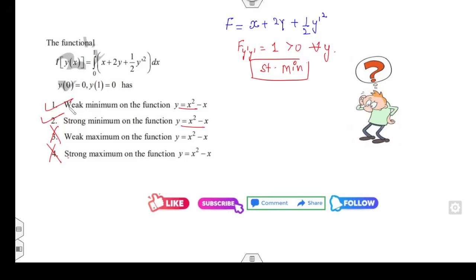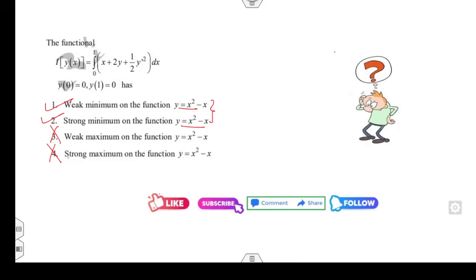अगर आप चाहते हो कि सर ये वाला एक्सट्रीमल कैसे आया निकाल के दिखाइए मेरे को, मैं फिर से निकाल देता हूं, पर that's a waste of time, but for you everything for you, आपके लिए सब कुछ कुर्बान. तो आप निकालिए partial derivative of f with respect to y, Euler equation से करते हैं. 2